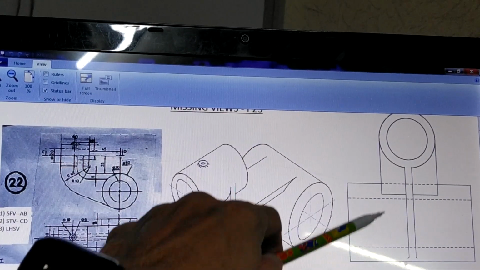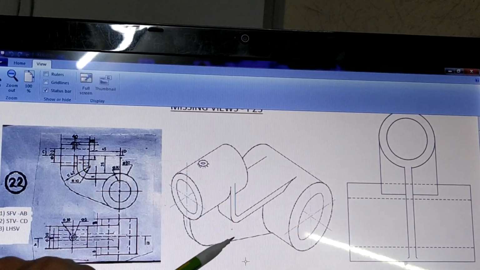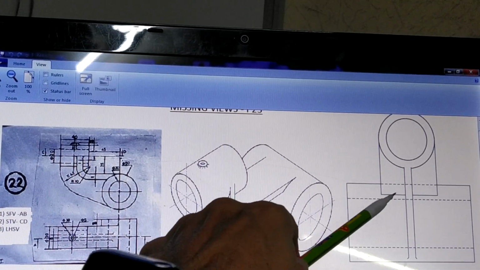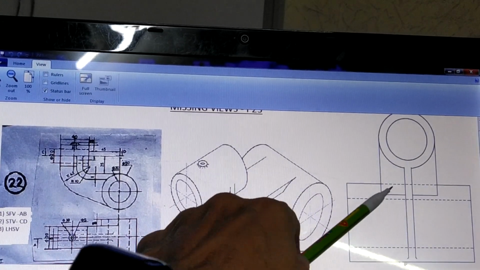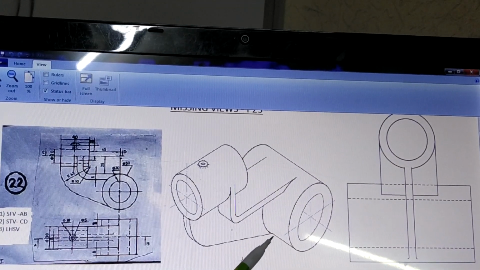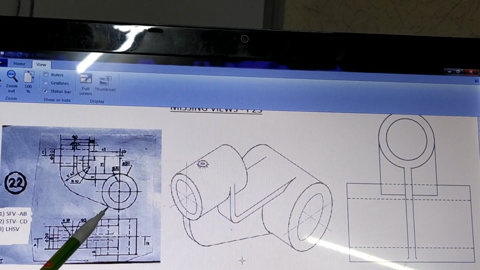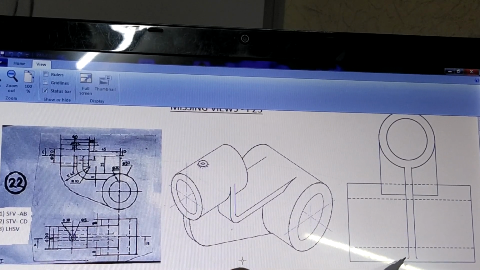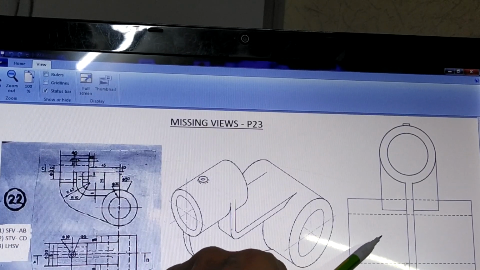Now this figure is not drawn to any scale, so you may not get the exact proportions, but the lower surface of this is shown over here, and it is touching the vertical rib, forming a T shape here. So this is a T shape, and this rib is here. This rib is touching here, tangential. As you can see, at this point it is tangential. So you have to draw the tangential rib by drawing these small arcs at the end. So this becomes your left hand side view.